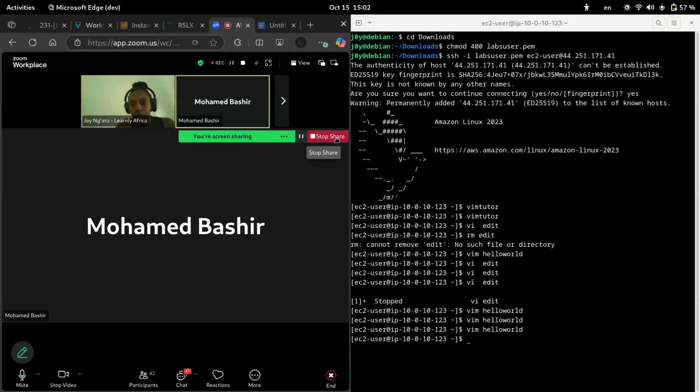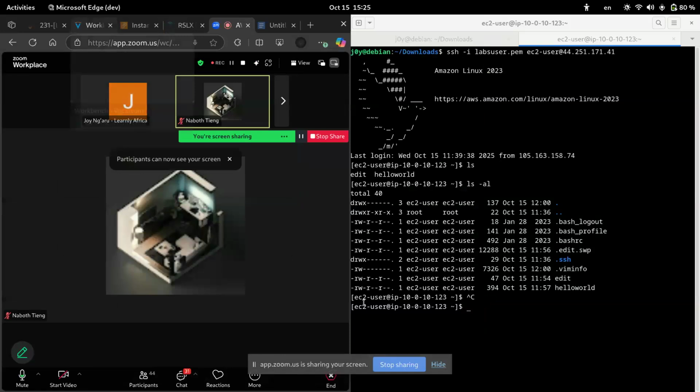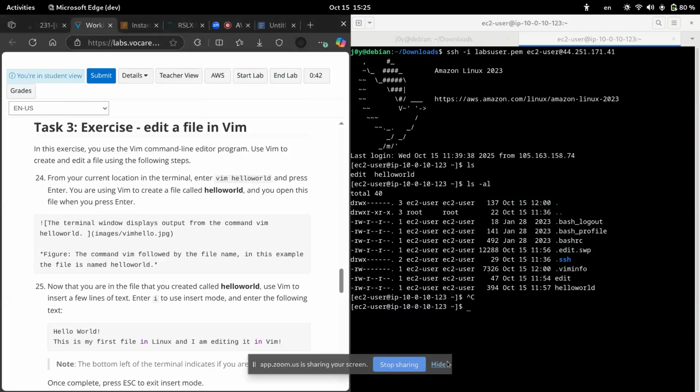All right, guys. So there are some of these commands that you use in Linux. For example, let me just share my screen one more time. All right, let me come here. I can come to this workbook and just remove it here. Naboth has asked, we've just created a hello world, but you didn't see the type of